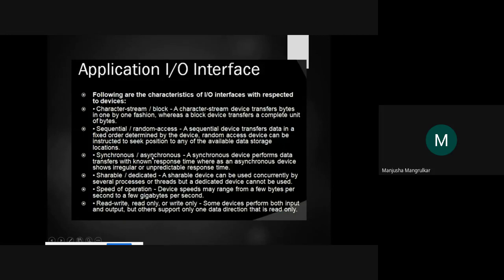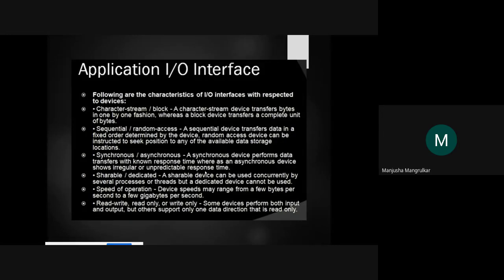Synchronous and asynchronous. I'm pressing A, so it will display on the monitor. So there is synchronization between the output devices and input devices, right? A synchronous device performs data transfer with a known response time, whereas an asynchronous device shows irregular and unpredictable response time.